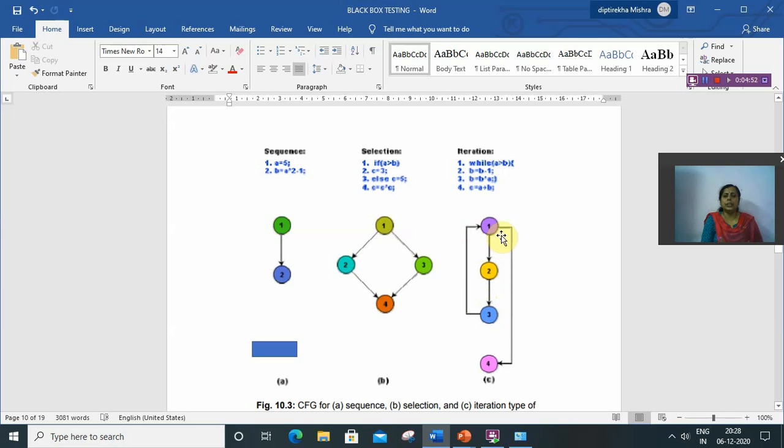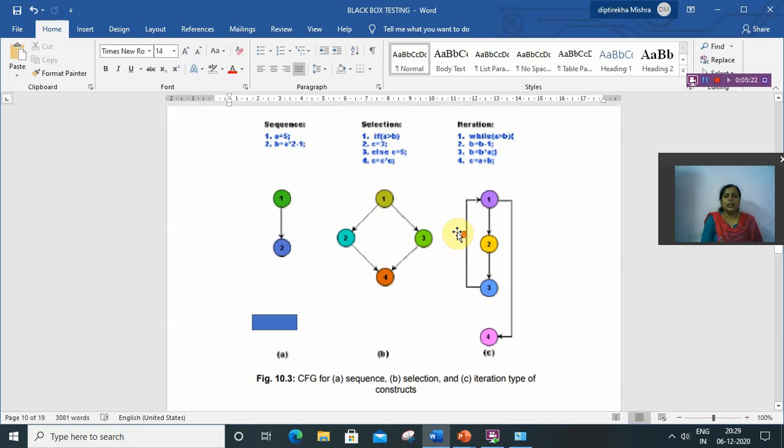When the condition in 1 is false, it executes statement 4. Here we cannot go from 3 to 4; 4 is executed only when statement 1 is false. So this is the iteration control flow diagram. These are the control flow diagrams of sequence, selection and iteration.